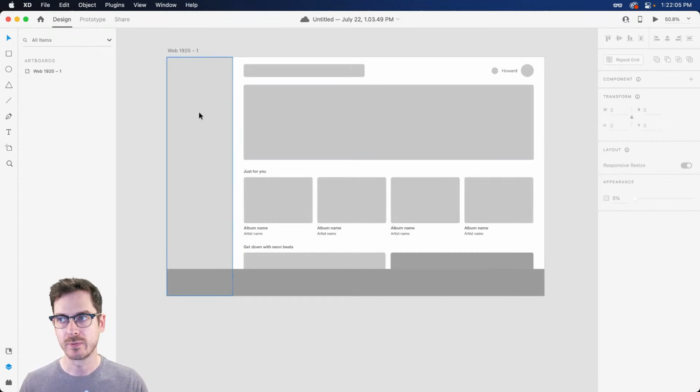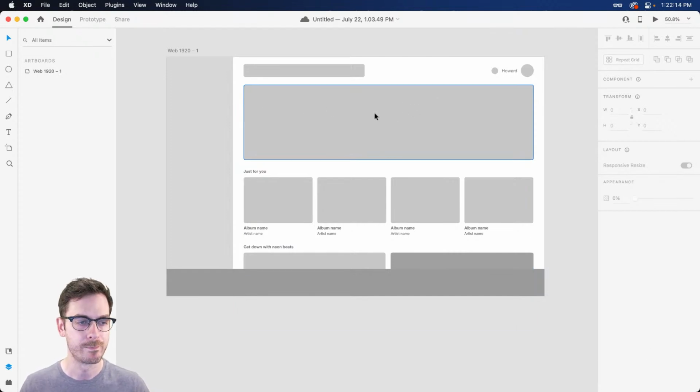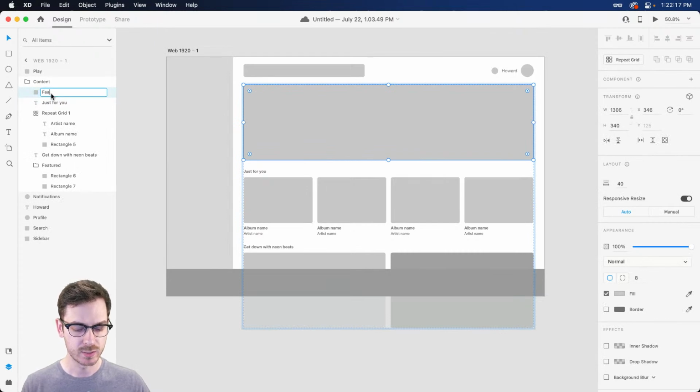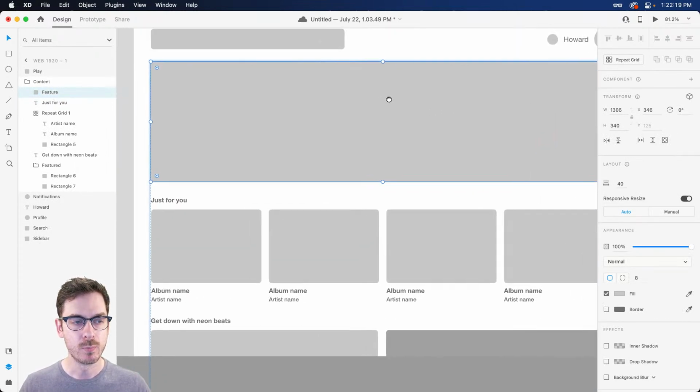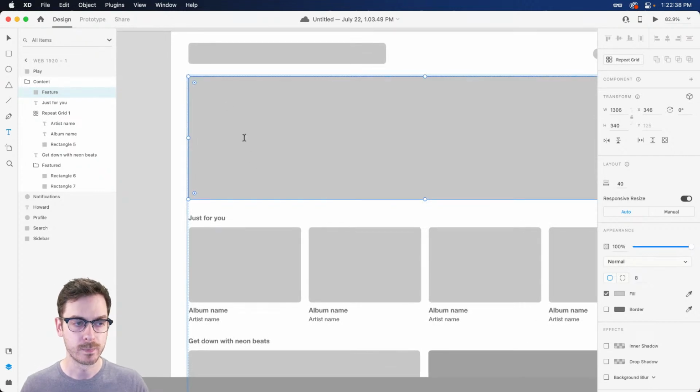Now, we might want to add some more information so that users can get a little bit more context. But for the most part, I think we're kind of going in the right direction, right? Now, one thing we might want to start blocking out is maybe more of the featured section. So right here at the top, what I'm thinking is we might want to display maybe one new album, right? And include a nice large image of maybe the artist. So because we're in a stack, watch what's going to happen if I grab my text tool and click.